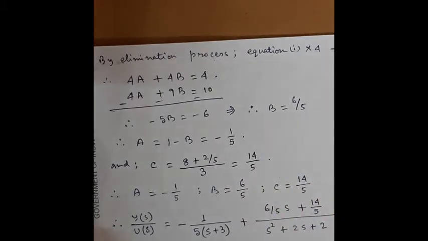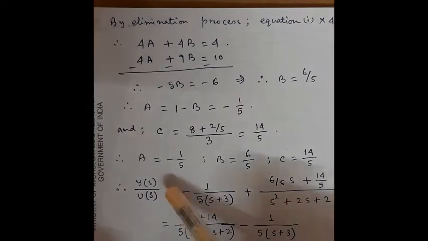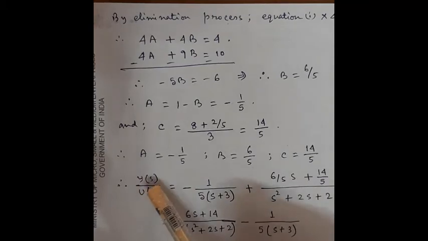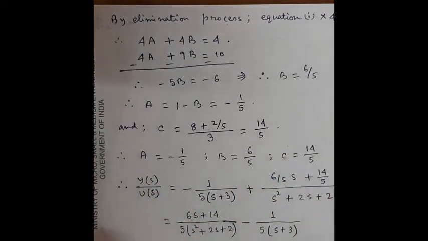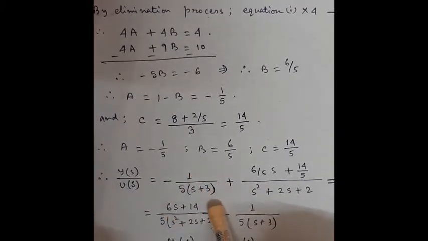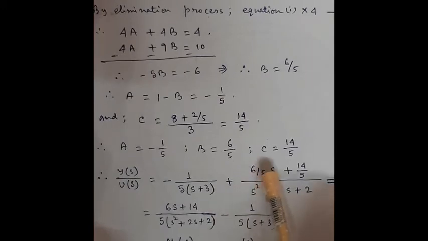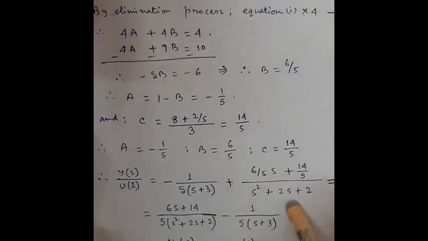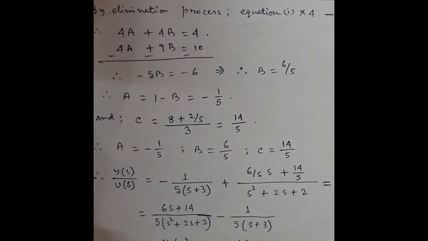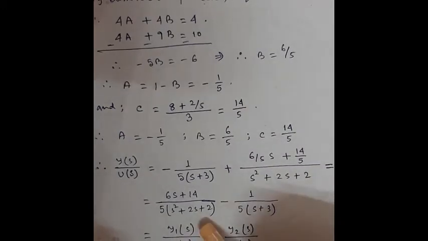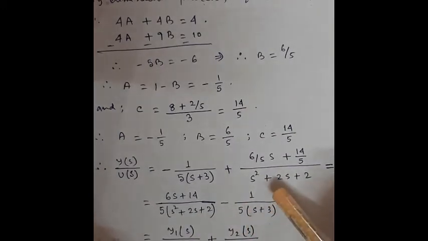So we will get the three coefficients a, b and c. Now we put this value in the transfer function Y(s)/U(s). So now the transfer function will become Y(s)/U(s) is equal to minus 1 divided by 5 into (s plus 3), plus (6s plus 14) divided by 5 into (s square plus 2s plus 2). If we rearrange this thing, then it will become